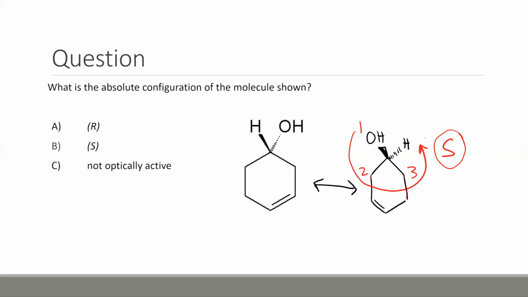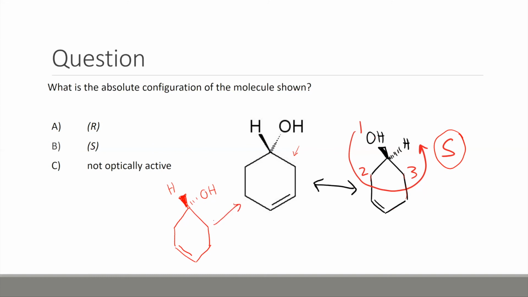Now, if I wanted to think about what this molecule would look like if it was in the R configuration, it would be, remember, the mirror image of this molecule. And so it would be drawn similar to how I drew my flip, except you'd see that we're going to keep the H in the front. So by just having the hydrogen still wedged in the front and our OH in the back like that,